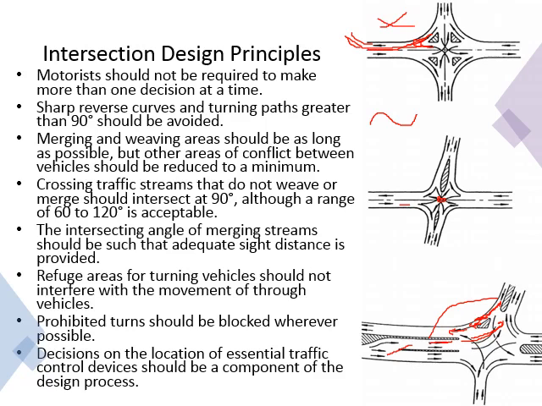Anyways, wherever merging, like I showed you, if you have to provide merging or if you have to provide weaving, make sure you have enough space available to do that. How do we increase the space for merging? You may provide an extra lane for the people who are making the right turn from here, and then you have to close this lane somewhere here, right? So all this space is for basically my merging. Let me make it clear.